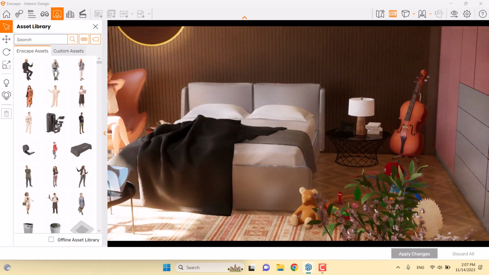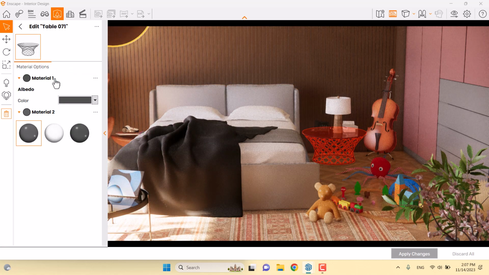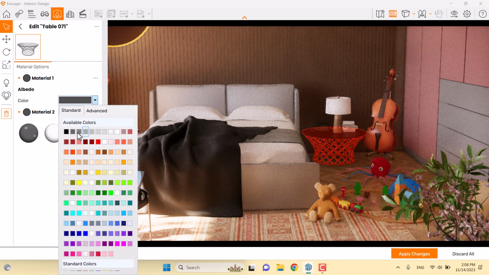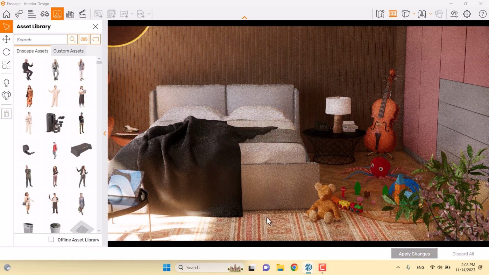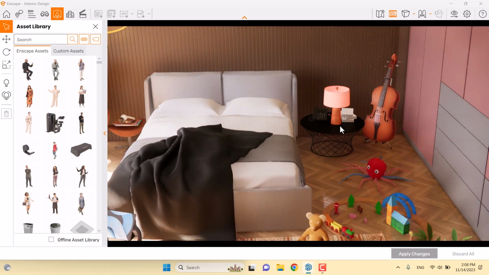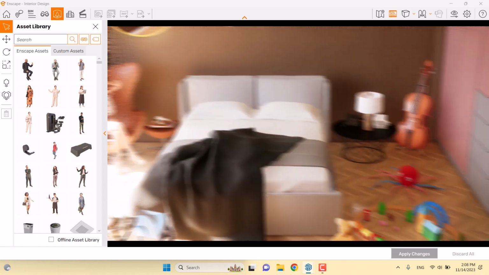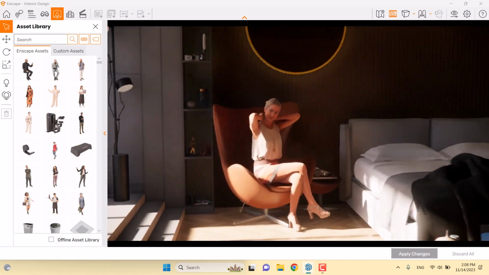Another change related to, for example, this table in here, I can pick it up, change the color of it, full black for the surface, and another color for these holders. I'm going to click on the apply changes. Full black helps you to create some type of contrast in your realistic rendering. About this part of my job,